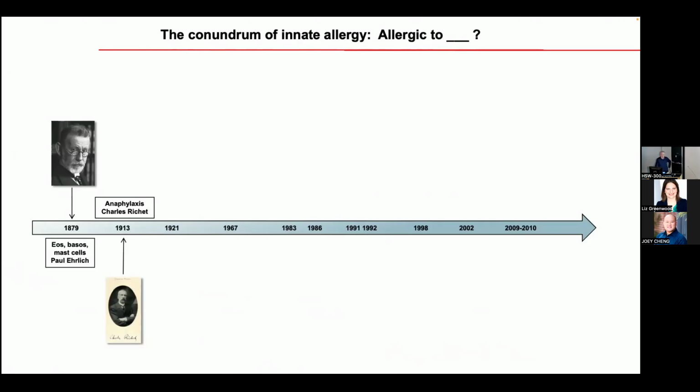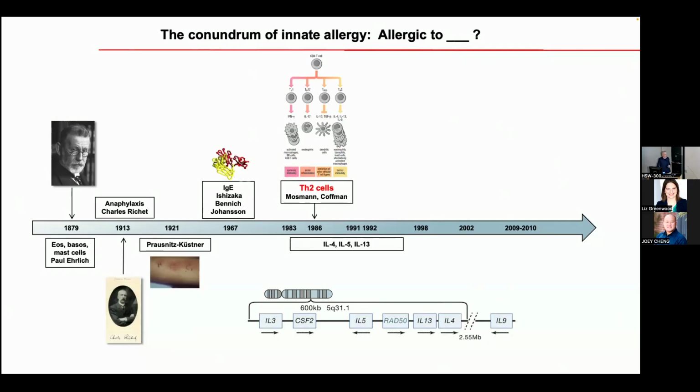So Ehrlich really identified all these cells with special stains, and Richet got a Nobel Prize for anaphylaxis. Ehrlich got a Nobel Prize with Metchnikov in 1908. And then Prausnitz and Küstner did this incredible reaction where Küstner had awful fish allergy, and his colleague Prausnitz got serum, injected it in skin, and then ate some fish and lit up with hives where he'd injected the serum. But of course, that toll was transferred. I have no idea how he died, but I hate to think about it. This led to the elucidation of IgE as critical in this whole thing.